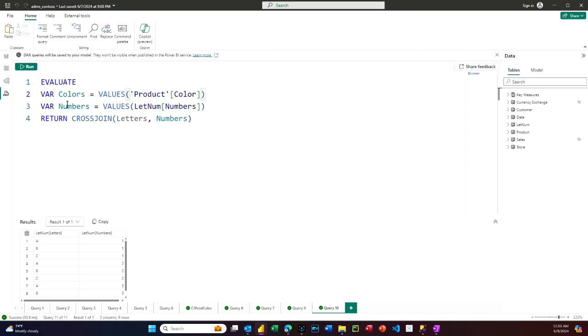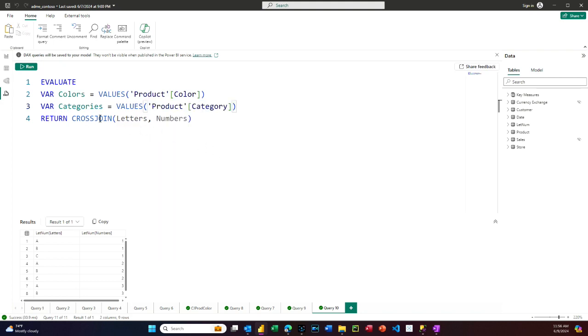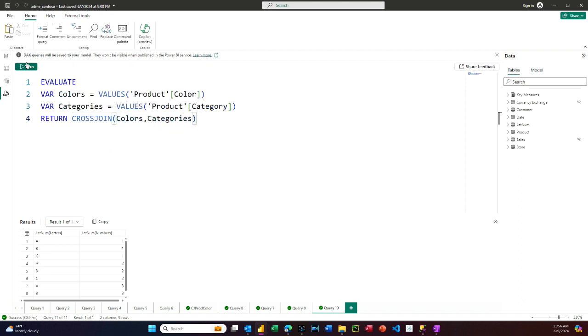So I'm going to use VALUES in product color, and then we'll change this to categories. I want the VALUES in product category, and then I want to CROSSJOIN colors and categories. So let's run that.